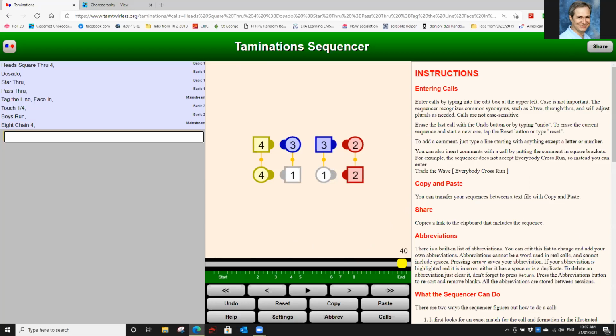Phil and I have had all kinds of conversations where he comes up with an idea for a get out, and then we just riff on that get out and come up with all kinds of different things. I'm not so sure that star through, pass through, bend the line, star through gives you a full promenade, does it? No, that's a quarter rotate. No, that's what the 8 chain 4 or relay the deuce is to do. But still, there again,